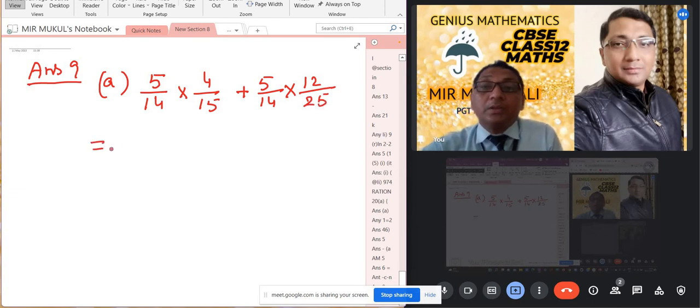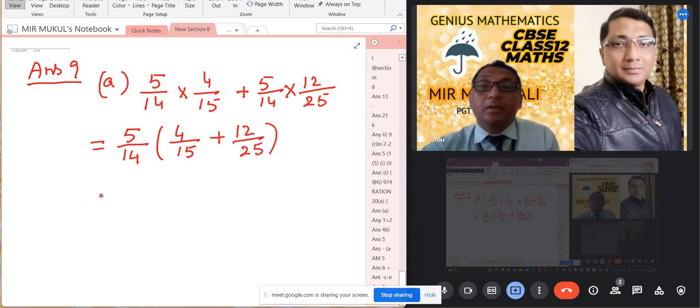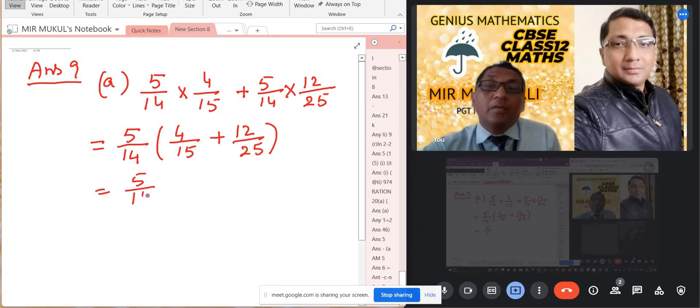Then according to distributive law, what we have to do? 5 by 14 will take outside, put bracket. 4 by 15 plus here 12 by 25. So 5 by 14. Now if you want to add this,